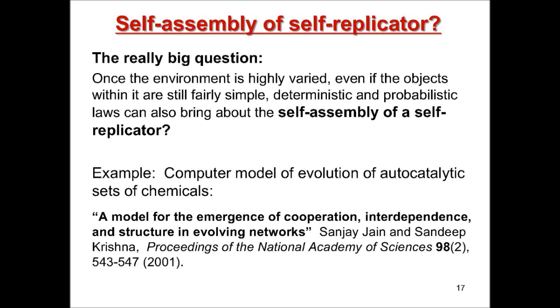So they weren't modeling real chemicals. They were modeling theoretical chemicals, which were specified by, well, this reacts with all the other chemicals in this way, or doesn't react, or it upregulates or downregulates these reactions. And then let them react for a while, wash out the chemicals of which there's the least remaining amount, introduce one new random chemical, start it all over again, and every single time they run it, they eventually evolve an autocatalytic set of chemicals which combine to form these autocatalytic cycles that just take over, which is one path, some people say, to the origin of life.